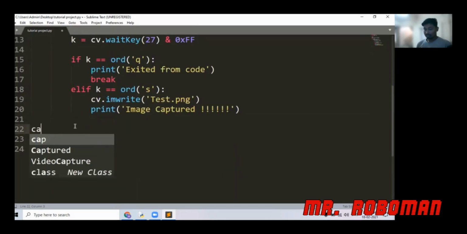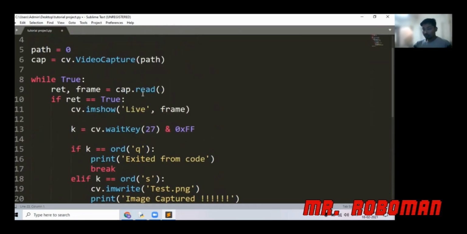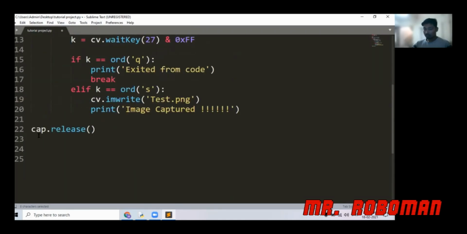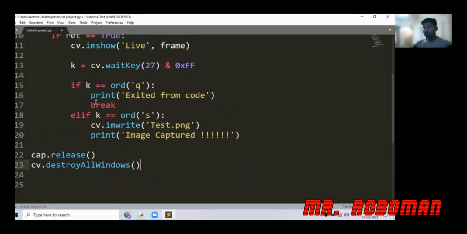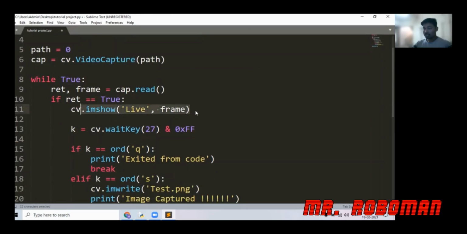So how exactly can we release it? We just have to make it cap dot release, open and close bracket, and the window which we have created with the name of live also gets vanished. For that we can just write cv dot destroyAllWindows. So this is a simple code where you are taking camera access, you are showing your image, and